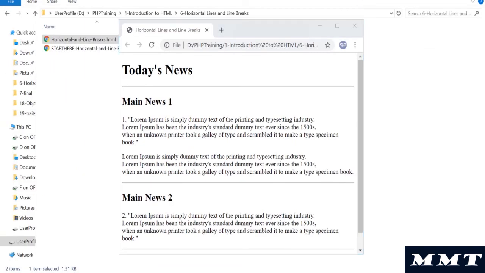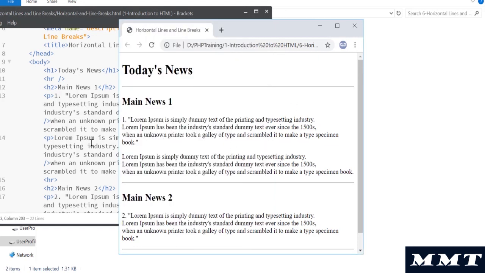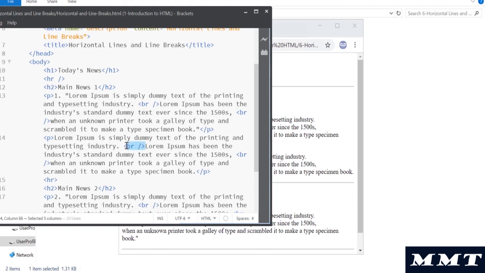Alright, so that's how you write an HR tag for horizontal lines and a BR tag for breaks, and remember these are self-closing tags. You can choose to have a slash or choose not to have a slash. These are empty elements or self-closing tags. And remember the new lines: even if you add new lines into the HTML page, they won't render in the output. You need to specify it via the markup language.